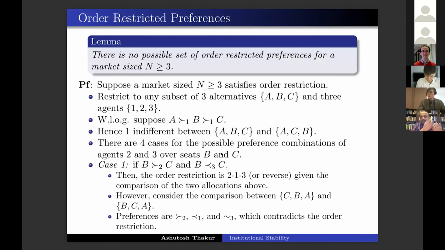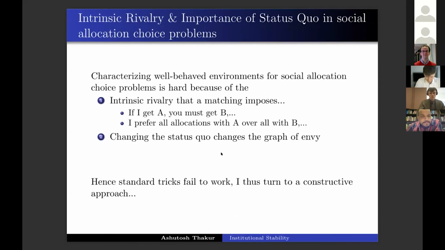This is when you set an order of agents such that, comparing any two matchings, those who prefer one to the other are to one side of those who are indifferent, or to the other side of those who prefer the opposite. You're not going to get a possible set of order restricted preferences for market size 3 or higher. Okay, and the intuition you should have here is basically there's an intrinsic rivalry when you think